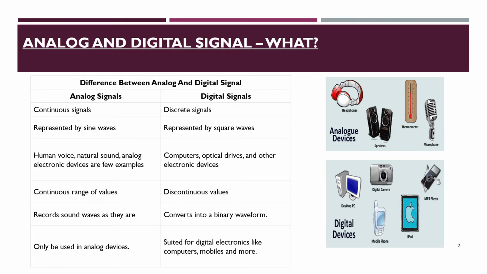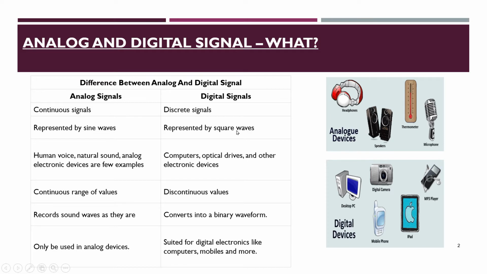We will see now. Analog signals are continuous signals and digital signals are discrete signals. Analog signals being continuous means the wave is going to be a sinusoidal wave, in which all the values will be taken into consideration. But in case of digital signals, we have only two values, zeros and ones, where 1 means high and 0 means low. Analog signals are represented by a sine wave, digital signals by square waves.